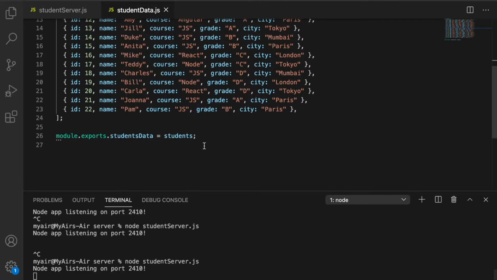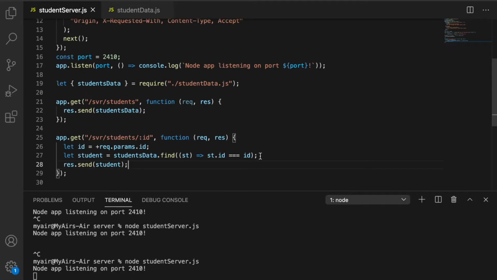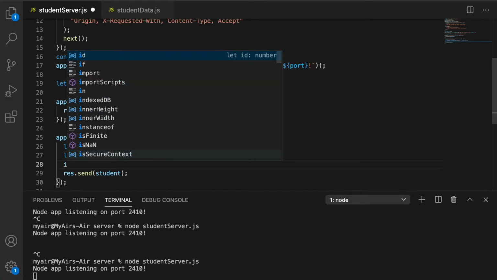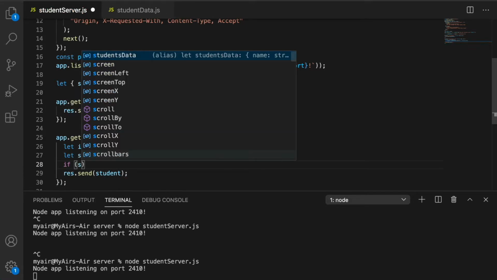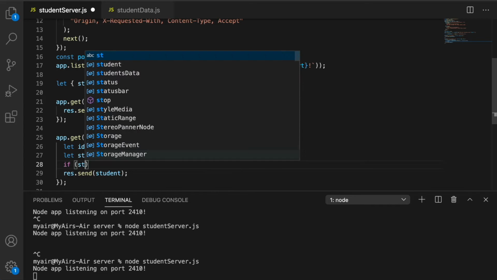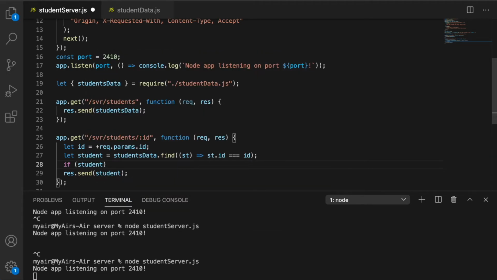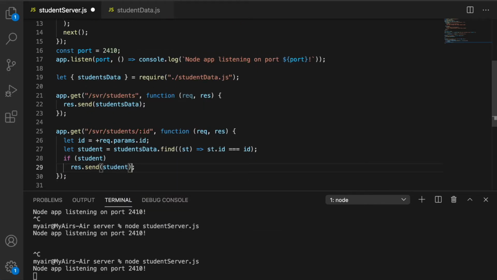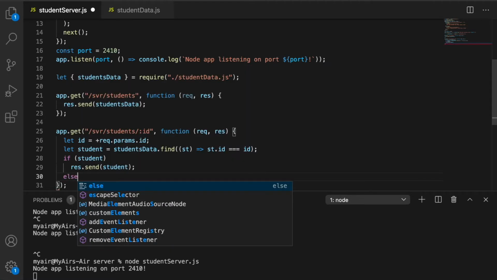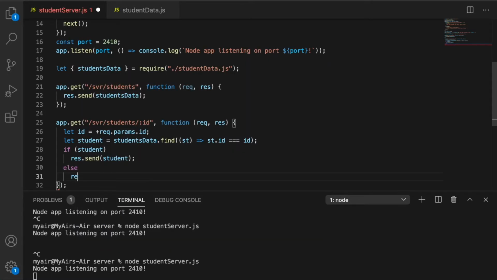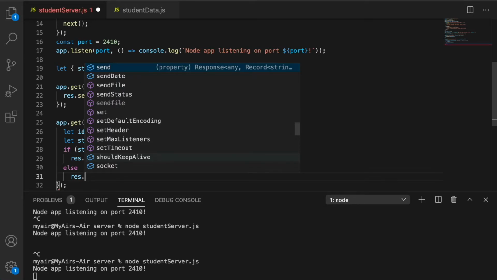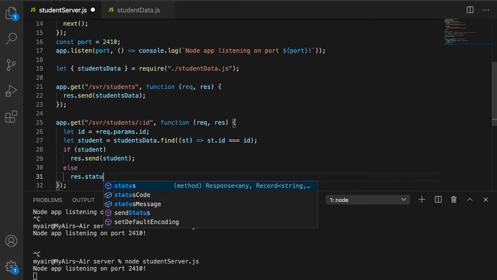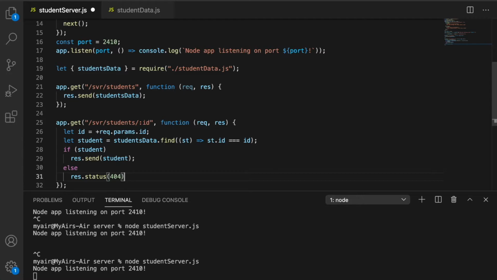So how would we handle it? Let's go back. We can say if student, then send this. Else what can we say? response.status(404).send("No student found").